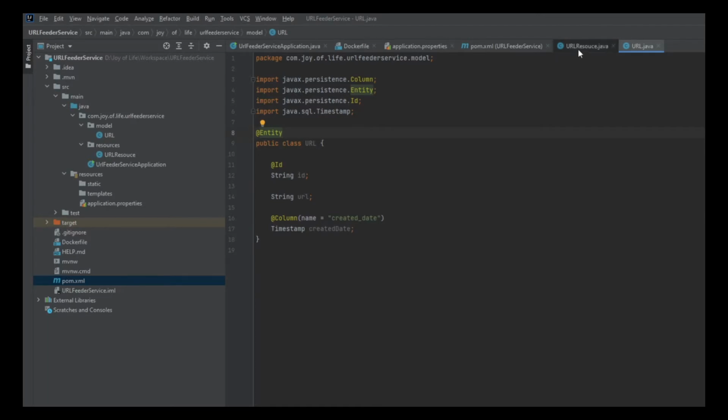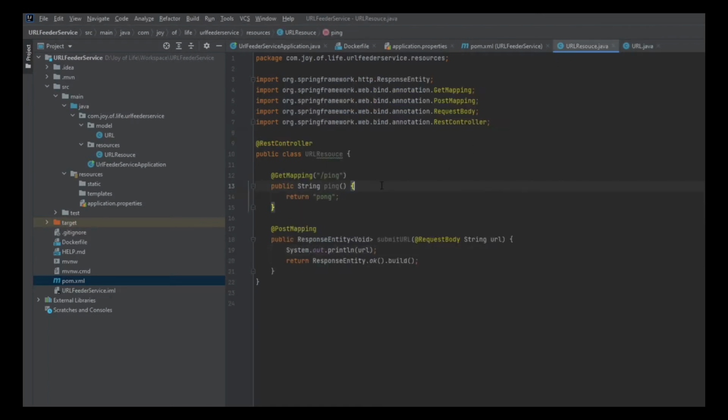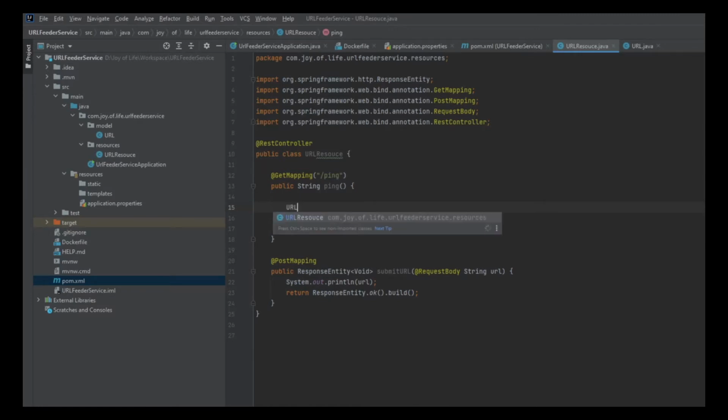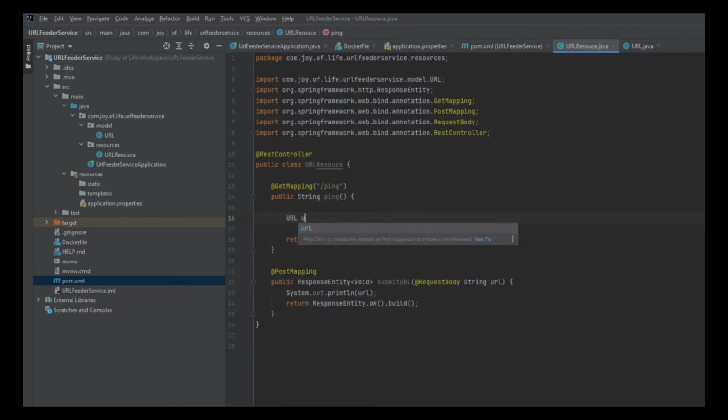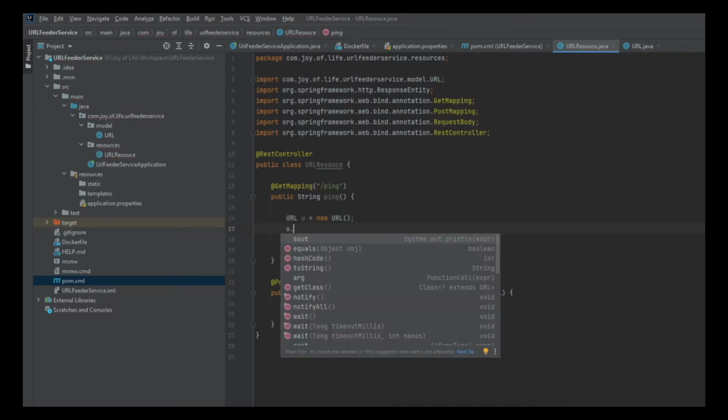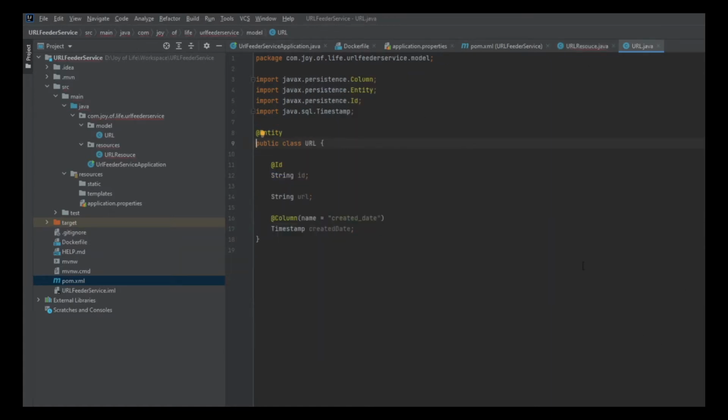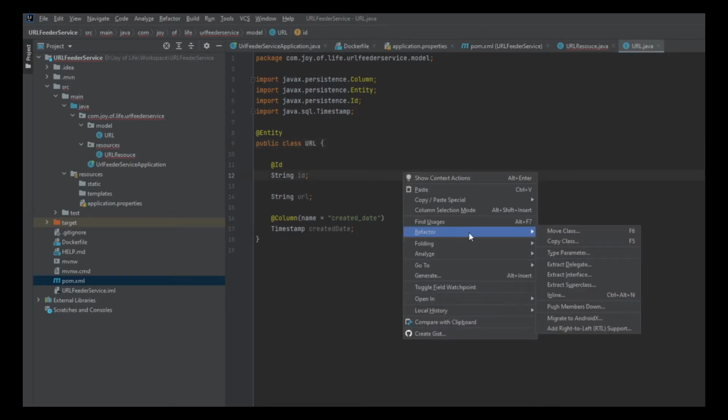Just to give you a quick understanding of what it does, let me show you. If I say URL, this is our class, and we take a new instance, and we see that there are no getters and setters, right? Lombok comes pretty handy over here. We are going to use Lombok to auto generate our getters, setters, constructor, everything. It's not like how we do from IntelliJ to generate things, right?